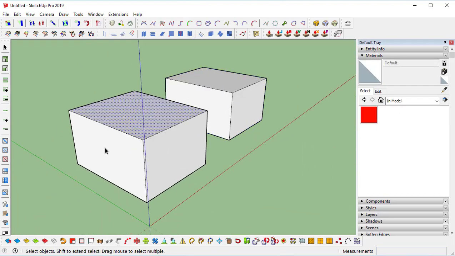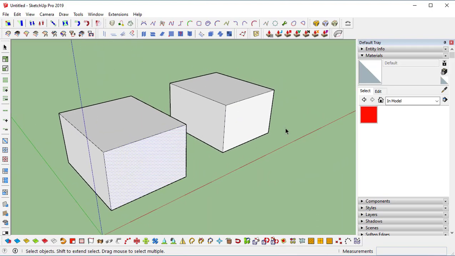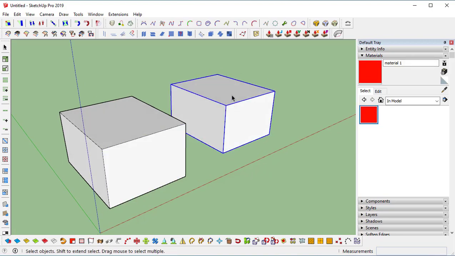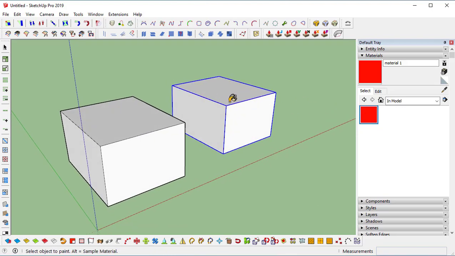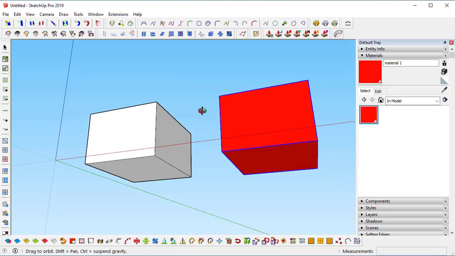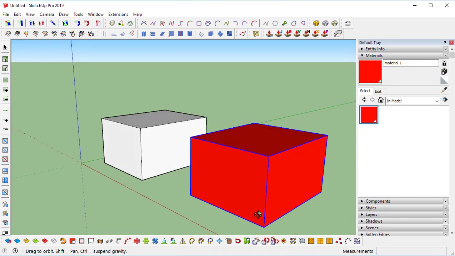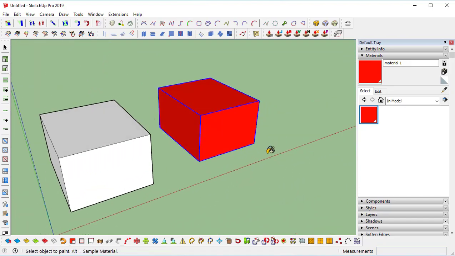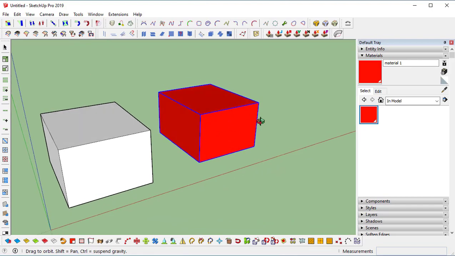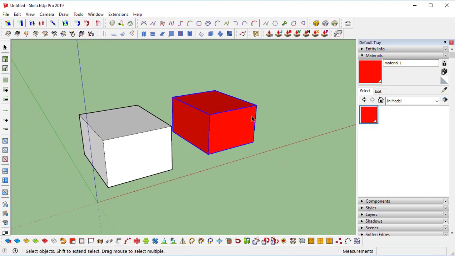These all are individual faces. That is why the color is applying to only that particular face. If you click on this, it is a group. I already told you this is a group. The shortcut is B. If you click with this paint bucket on the particular group, the entire group will be applied with that material. Whatever the faces or anything present in that particular group, all those will be affected with that material.